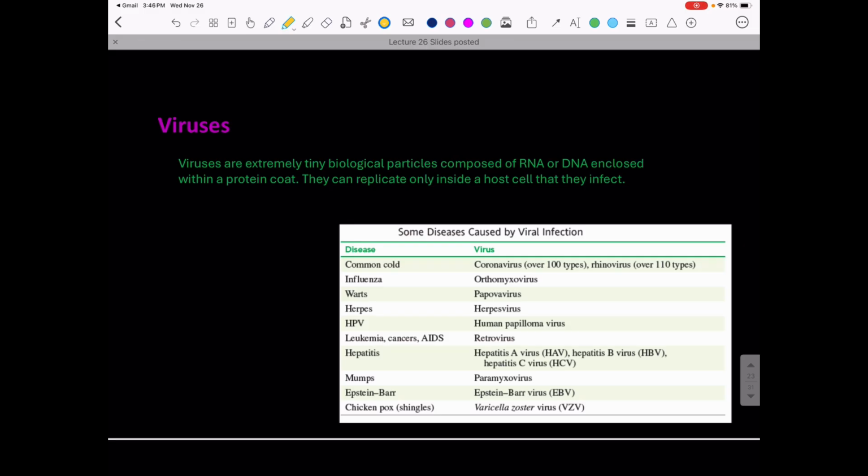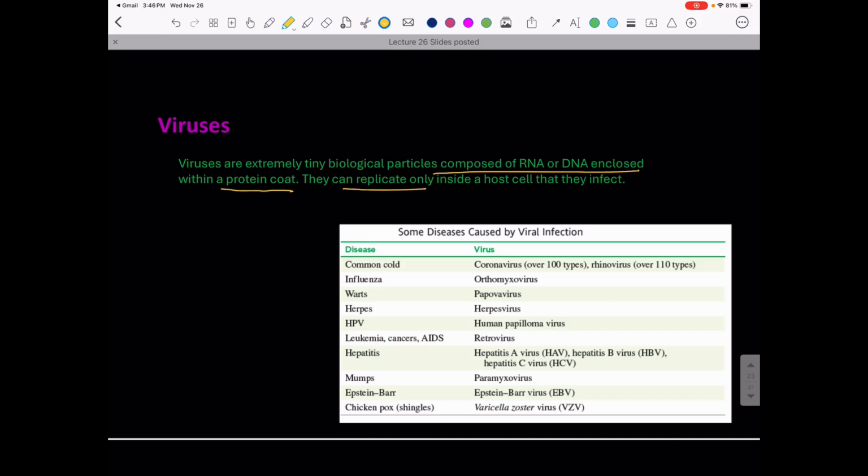So they're basically, at the molecular level, composed of either DNA or RNA, and that is enclosed in a protein coat. That's the structure of a virus. It's a very basic biopolymer that's just encapsulated in a protein coat. The only requirement is they just cannot replicate on their own. They always rely on a host and the host cell machinery in order to replicate and reproduce or even get